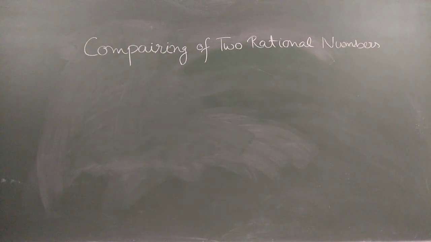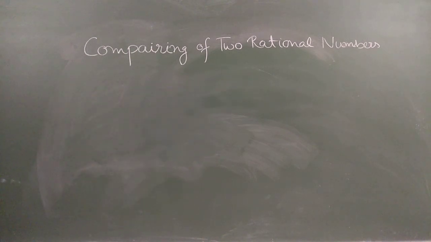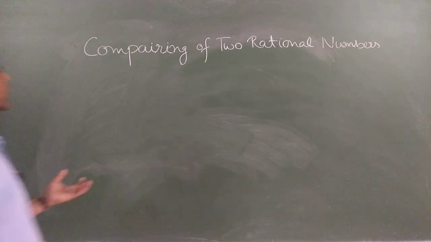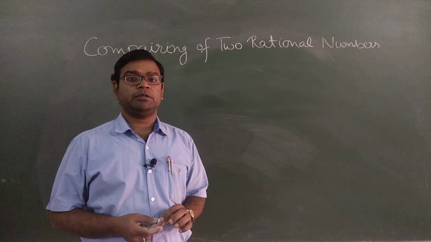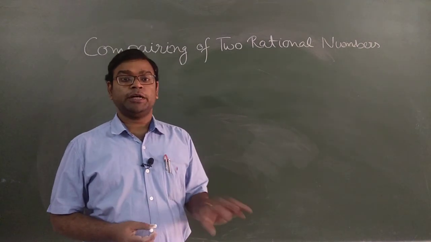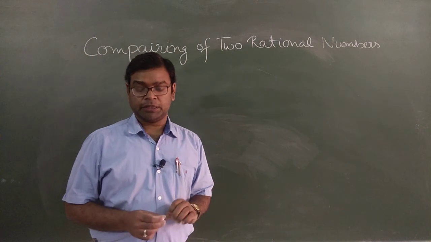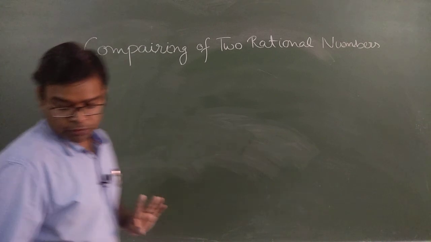Now, as you are observing on the board, we are going to compare 2 rational numbers, whether one is greater or smaller than the other one. For this, I am going to explain the concept by using some examples so that you can easily understand. I will also point out the points to be remembered. First thing, we choose 2 positive rational numbers. For example,